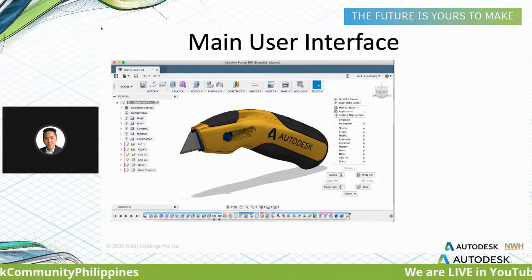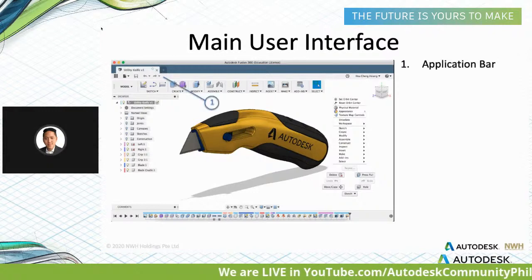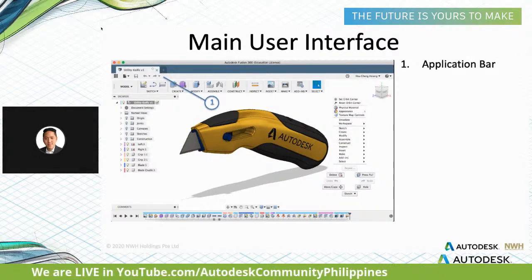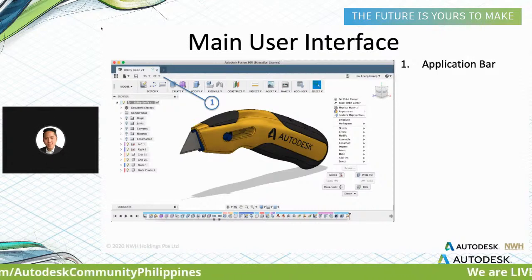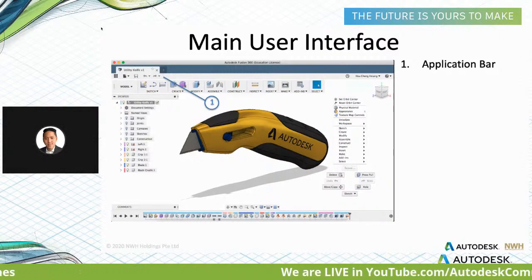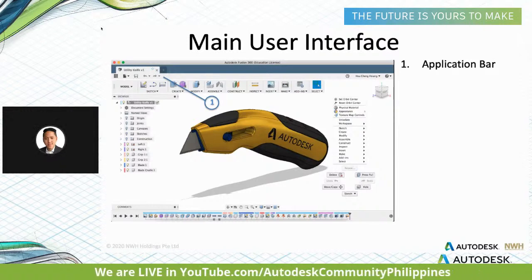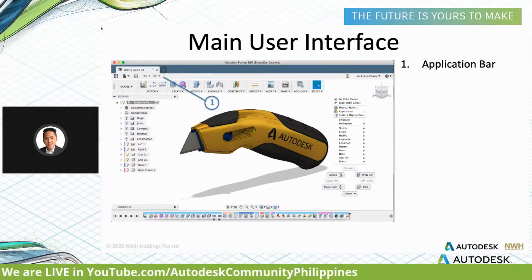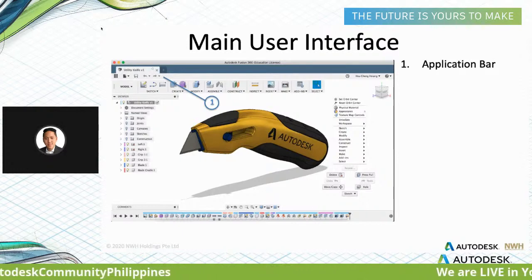Okay, so what we are going to go through is the main user interface of what you are actually seeing. On the top left-hand icon, indicated as number 1, is the application bar. This is for data sharing. You can open a file, save, and export or import a file. And of course, this allows you to undo or redo steps if you made a mistake